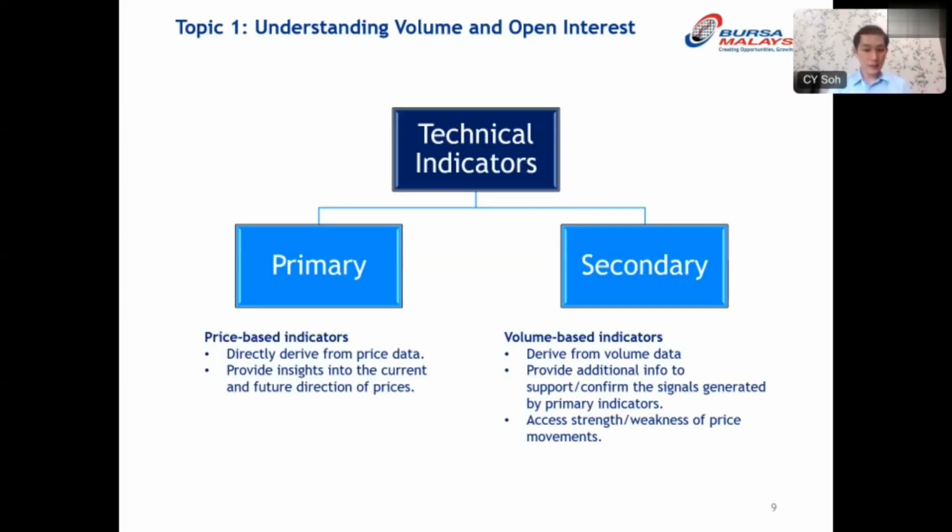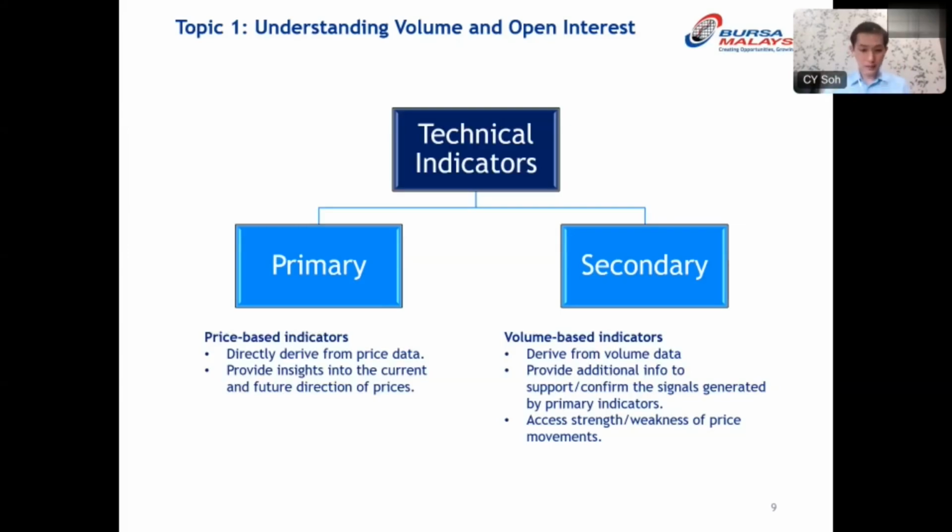Volume indicators are derived from volume data, of course, and they help assess the strength and weakness of price movements. Examples of secondary indicators include volume and open interest. They offer a broad perspective on the market dynamics, particularly in looking at the level of participation and interest